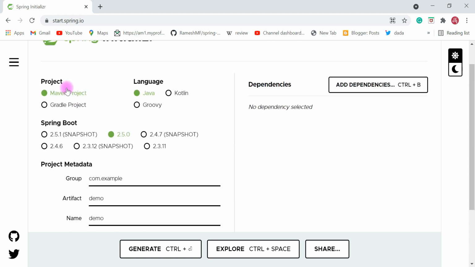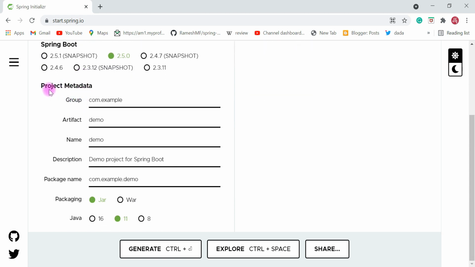Okay, and as we have selected Maven project, we need to fill up the project metadata. Let's give group ID as com.springboot, artifact ID as springboot-demo, and name as springboot-demo.